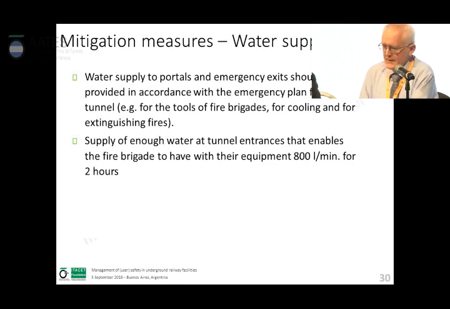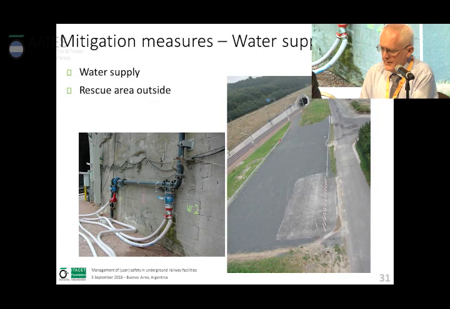You must then as well be able to provide certain quantities. One example is given here, 800 liters per minute, and this should then be possible for 2 hours. Here are just 2 pictures illustrating this. So water supply and some access area at the portal.